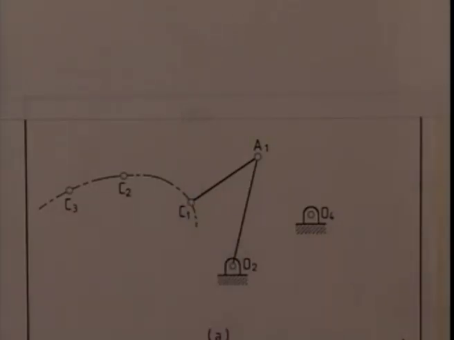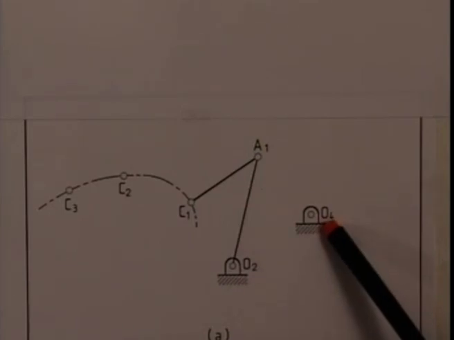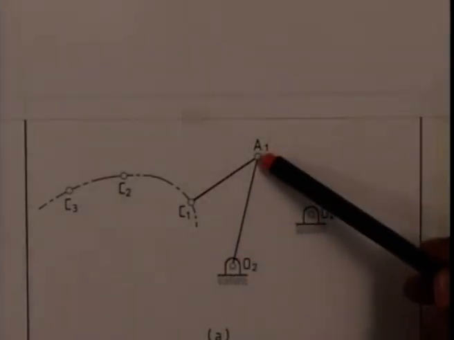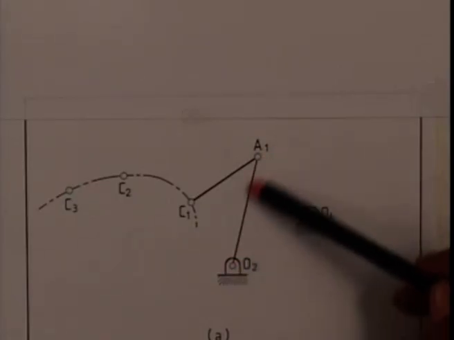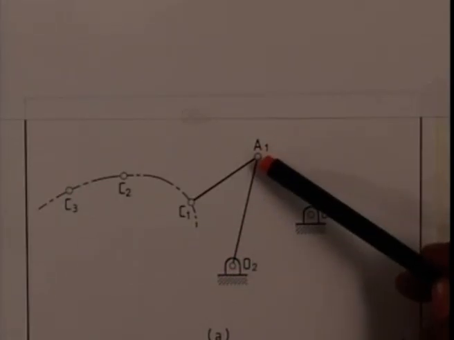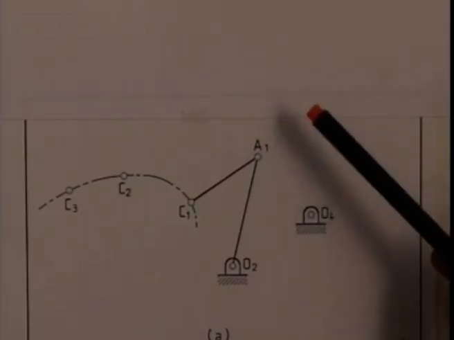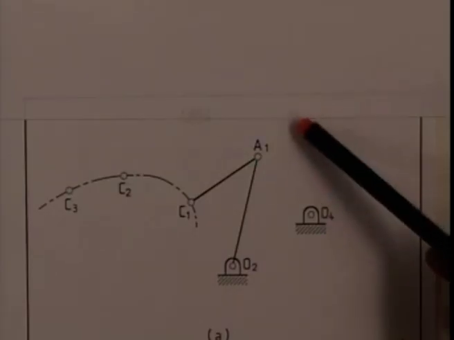To solve this problem, we choose O2 and O4, the location of the fixed pivots, arbitrarily anywhere according to the convenience of the problem. Then we also choose A1 arbitrarily. A1 is the moving hinge on the input link. The only thing remaining is to determine where is the other moving hinge on link number 4, which I called